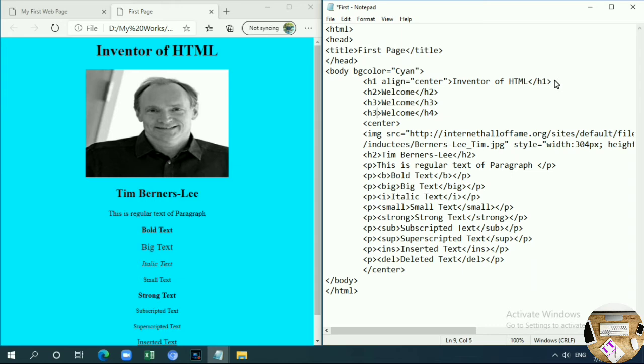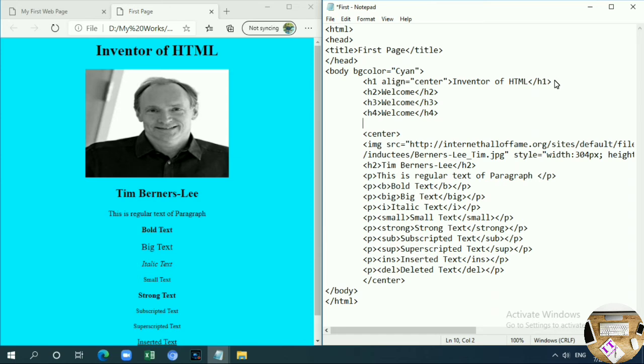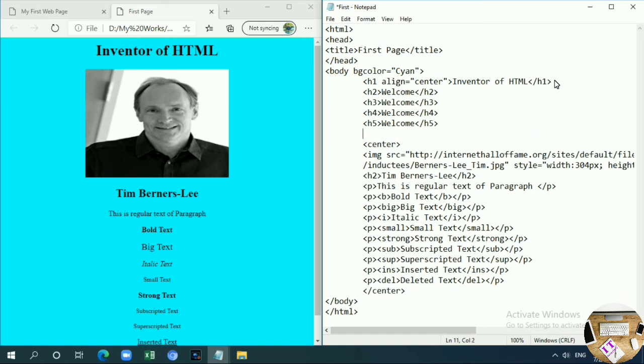So these are, as I already said, six heading tags. Okay, I'm going to apply them. Now you will see what happens for the H1 tag and up to H6, how the size changes.